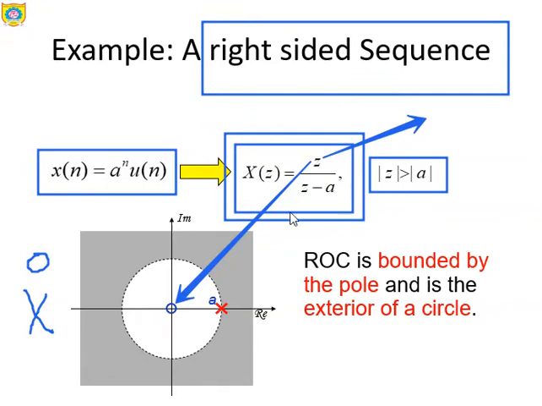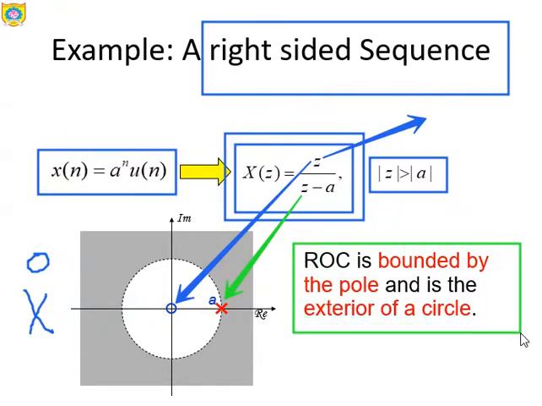Now the next thing is, what about the denominator? When we equate the denominator to 0, z minus a equal to 0, it means z is equal to a. This is the pole we will get, and a pole is indicated by the cross. So this is how from the given z transform we are able to plot the poles and zeros of the system. So what exactly is the conclusion we can draw from this?